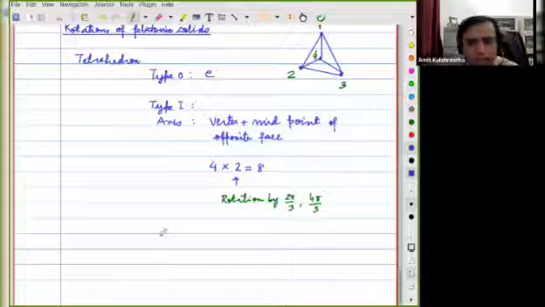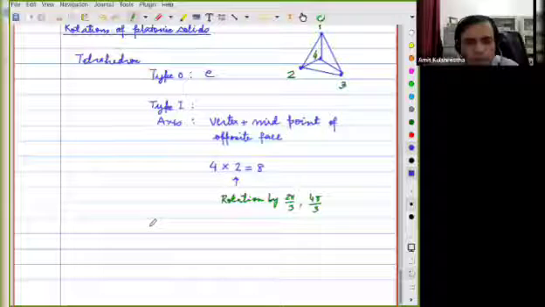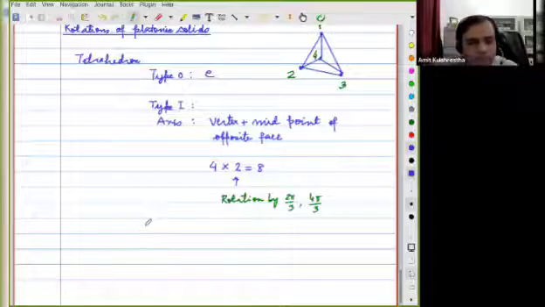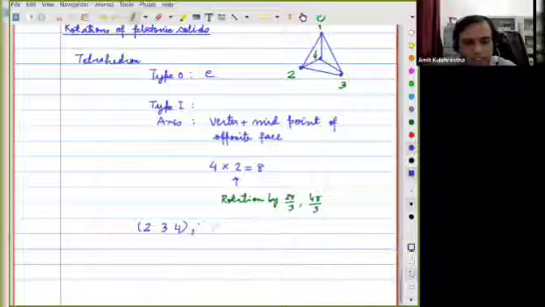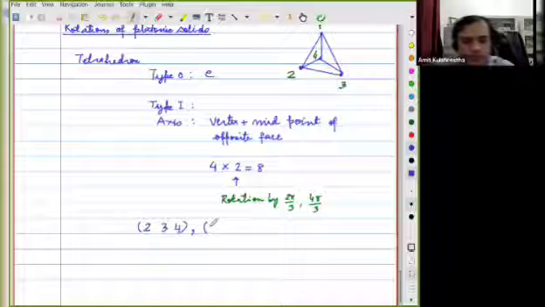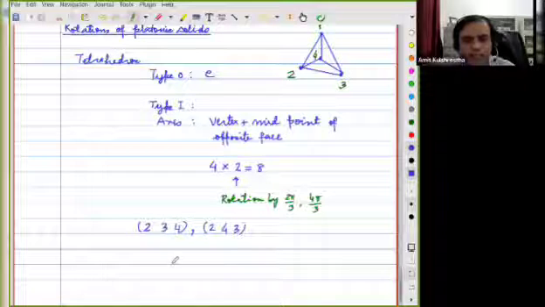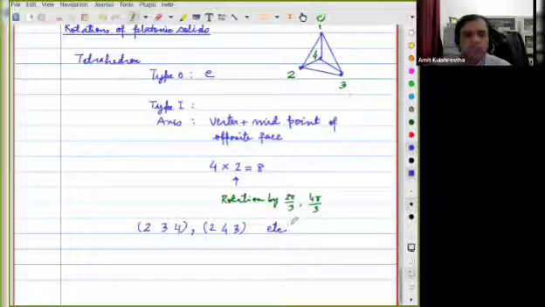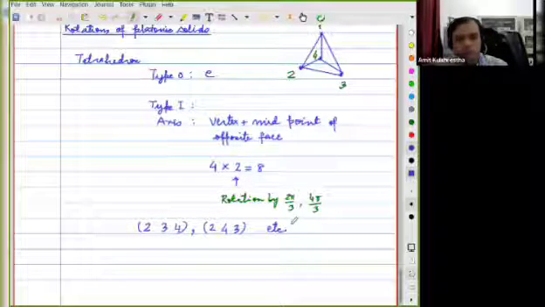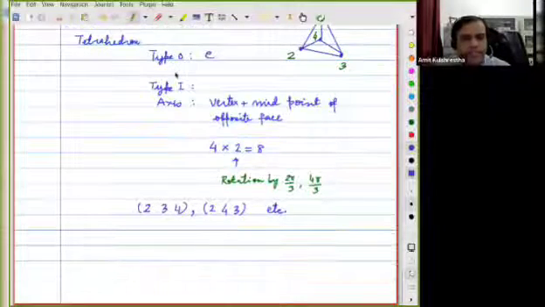And the way to enumerate them would be how? I'm keeping 1 fixed, so I have 2, 3, 4. The rotation is happening only among 2, 3, 4 because 1 is fixed, as it's part of the axis. And then the square of (2 3 4) is (2 4 3), and so on. Then you fix 1, then fix 2, fix 3, fix 4, like that. Okay, I hope this is fine with us.